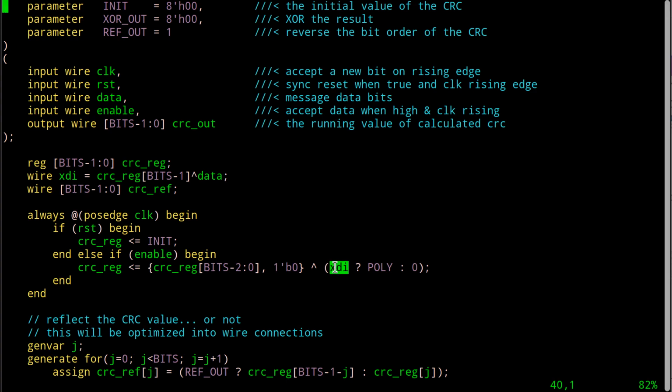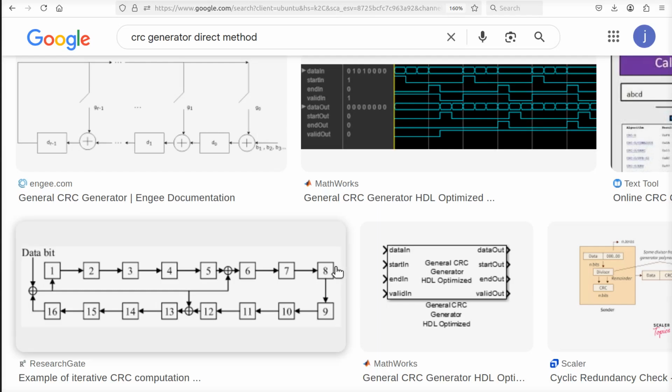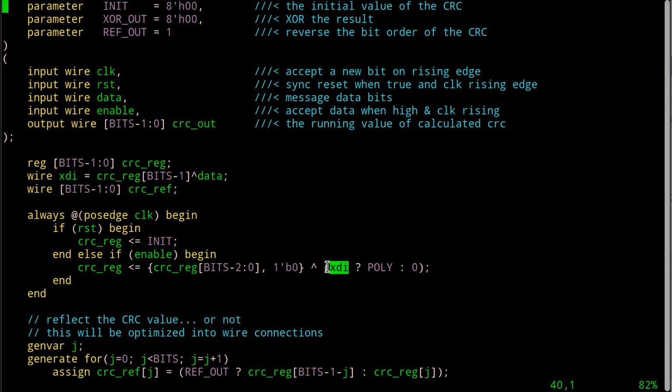If XDI is ever 0, then, if you think about it, this XOR gate has one of the inputs as 0. And this is 0. So I do not want to set this to a 1. I want to leave it alone and be a 0, which will happen when XDI is 0. Obviously, it'll be 0, because one of the inputs to that XOR gate is a 0. Therefore, 5 moves over to 6 without being touched. Same with this. This one line implements that whole circuit